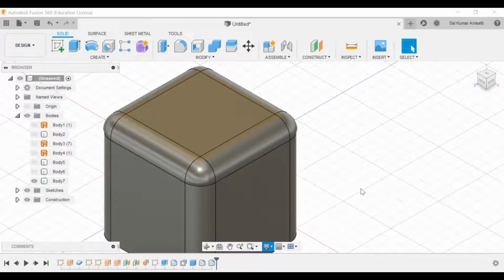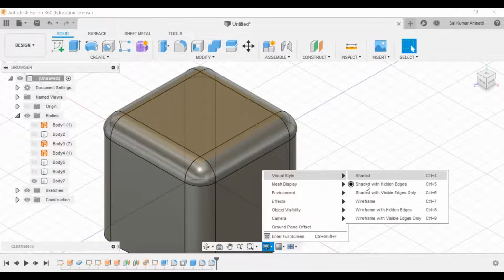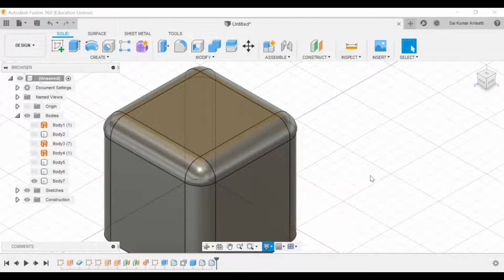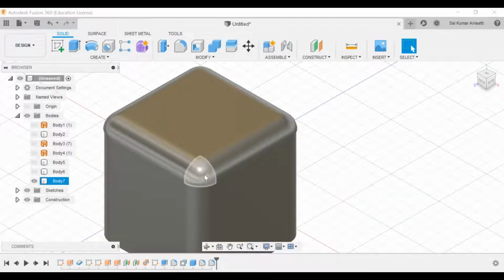Visual style shaded with edges. See, this is how your mobiles or some kinds of edges have different kinds of corners. This is called a simple rounded ball corner. Okay, all the tangents will be joining at one particular face, and you have curvature continuity at this particular corner.